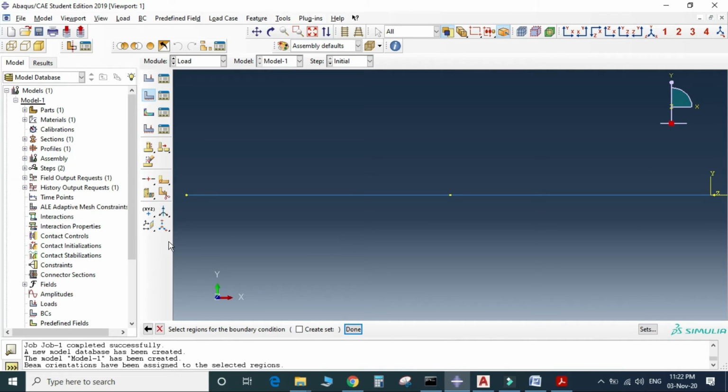So select the endpoints. So here, select an endpoint and press the shift key and click the other endpoint.